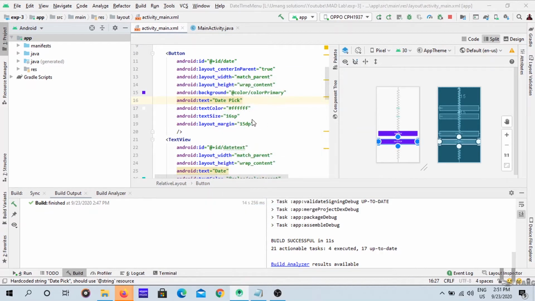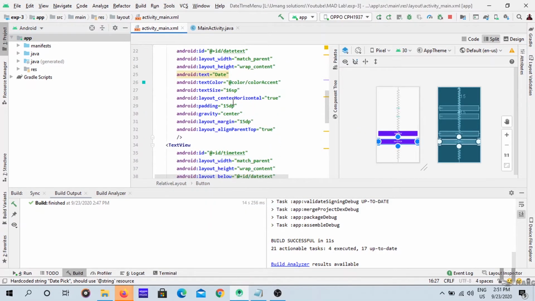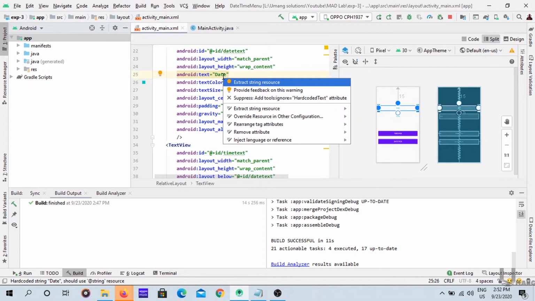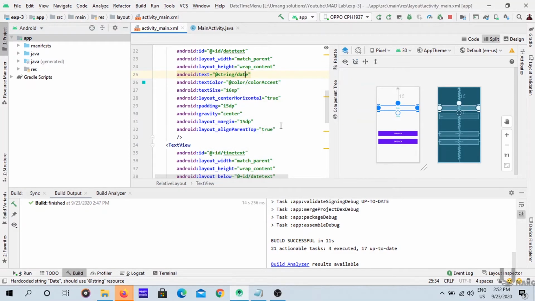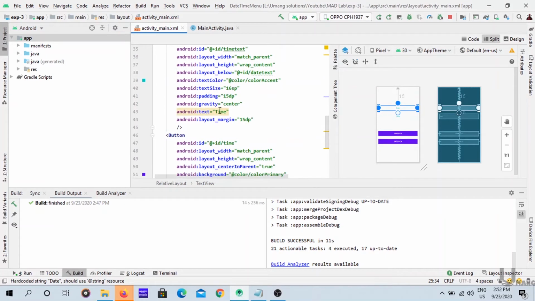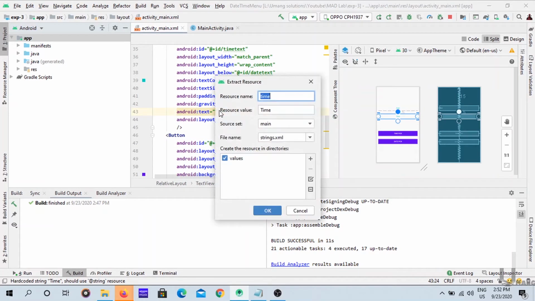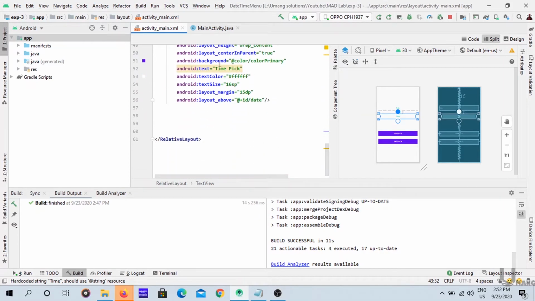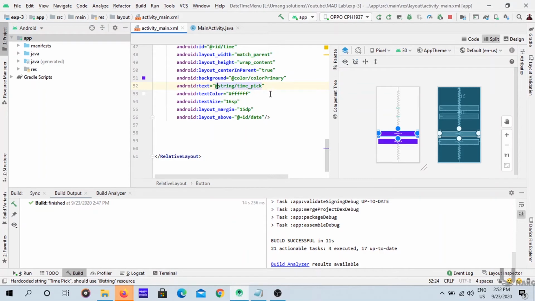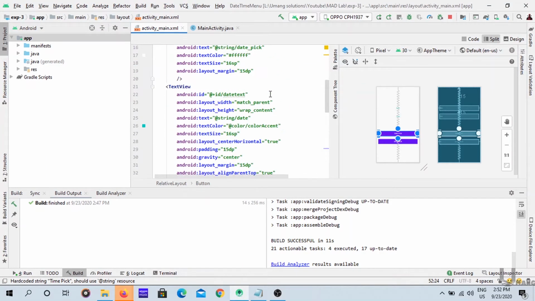So click on OK. There is nothing else we have to do. Just click on Alt Enter, extract string resources, click on OK. Again Alt Enter, extract string resources, click on OK. Same thing here. Now everything is fine.